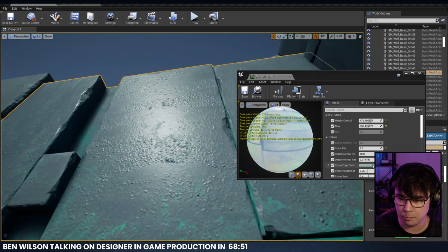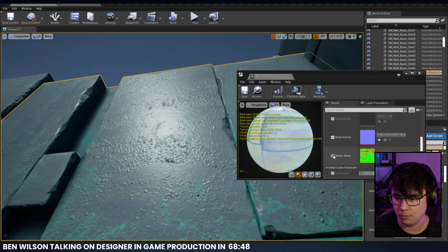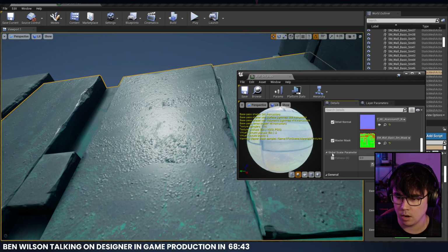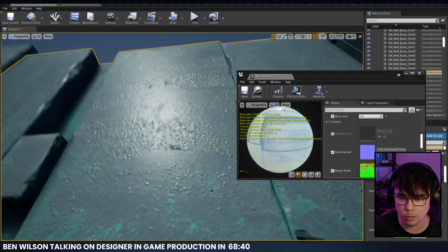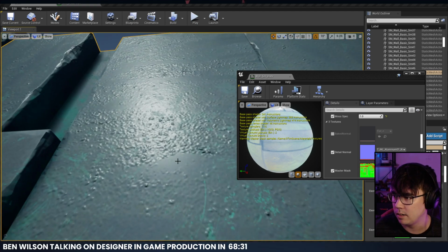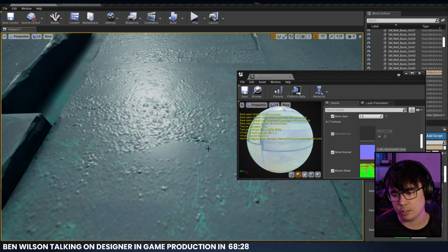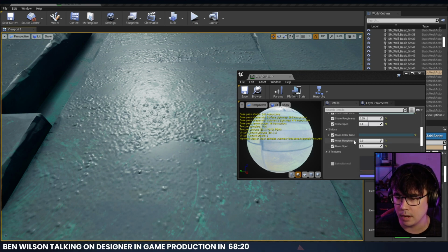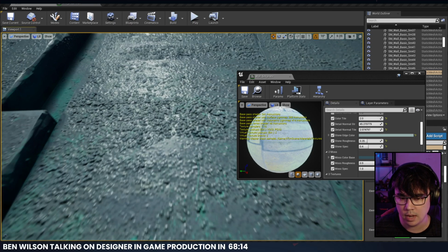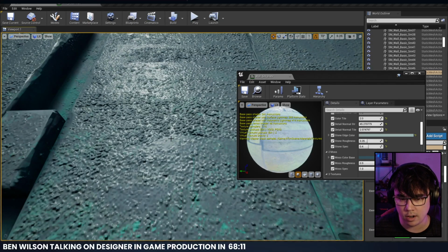The detail normal by default, let's see if we can kill the master mask. Oh, that's going to break everything, isn't it? Yes, it is. Okay, the detail normal is just a tileable normal map. The information you're seeing, where it becomes flat right here and then higher frequency here, is me feeding in another mask, just like in Substance Designer, a black and white mask that controls the overall intensity. Then I'm changing the power or strength of that normal. So I can turn it way up, and you can see those areas that were quite flat